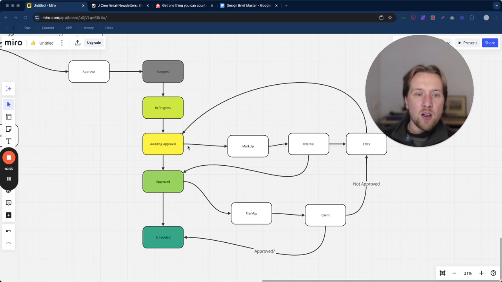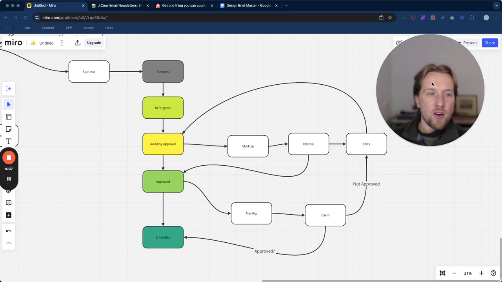Now, when it comes to the approval process, here's a very quick and simple way to create efficiency in your agency, okay? So instead of getting them to build it directly in Photoshop or Klaviyo itself and then sending it to you via an email, and then you respond via Slack, and then you send it to the client via Discord or whatever it might be, this is a very simple way to streamline your amendment process. So the first way is to use a tool like Markup. Okay, so if you go to